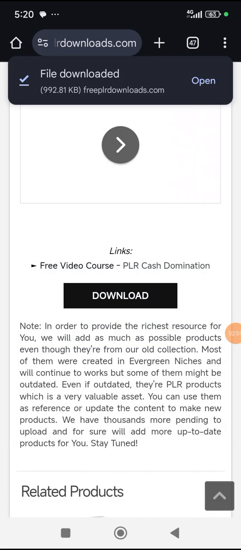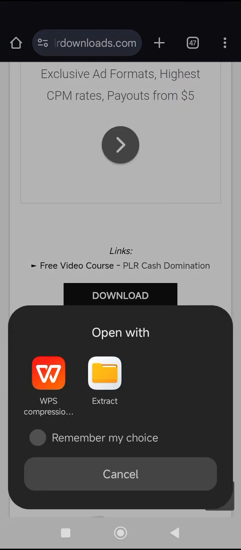I've already downloaded this ebook before. All right, you tap on open. Now let me just explain a little about what these PLR products are. Now, these are products created by other authors. They were written by other authors for different purposes. They created this ebook, hosted them on different platforms. People can just go there, download them, use them for whatever purpose they want to use it for. And nobody will charge you for copyright or for stealing their material. Okay? So you should have this at the back of your mind.